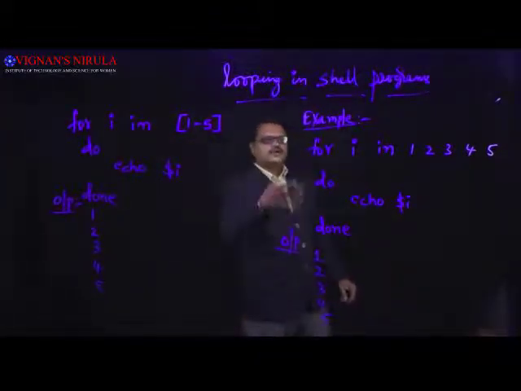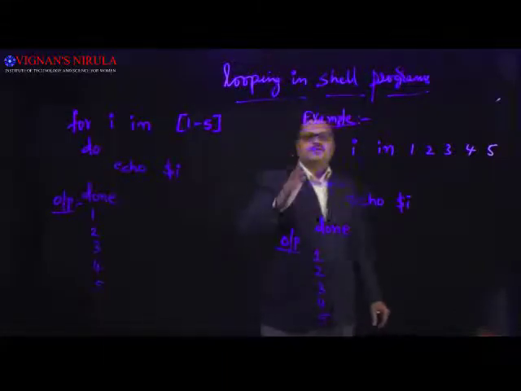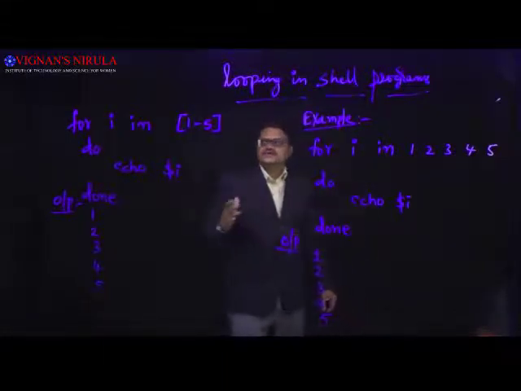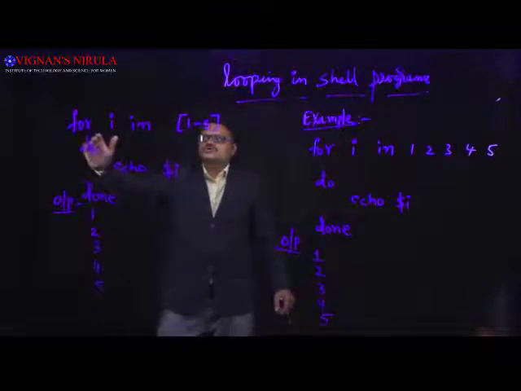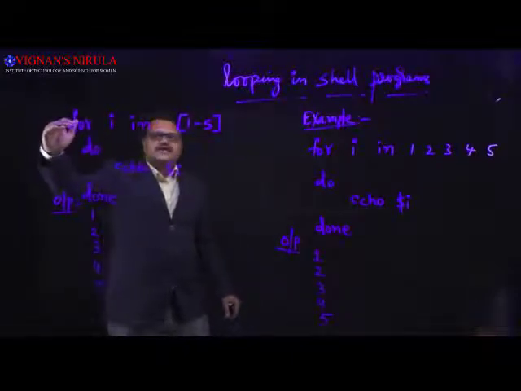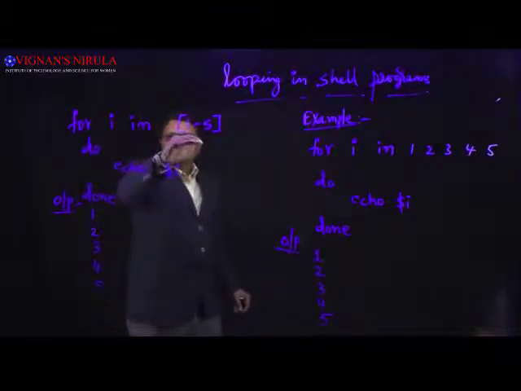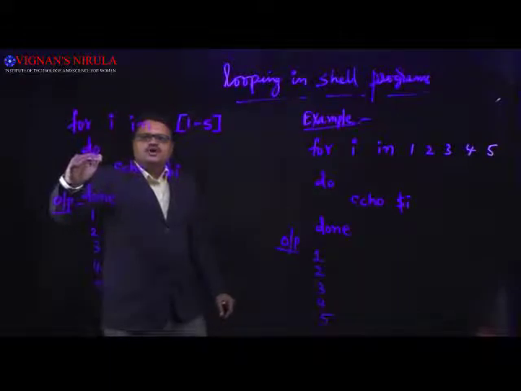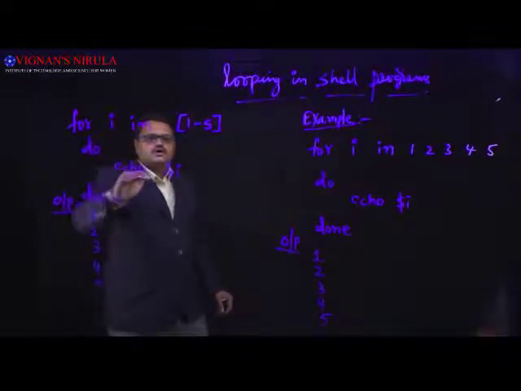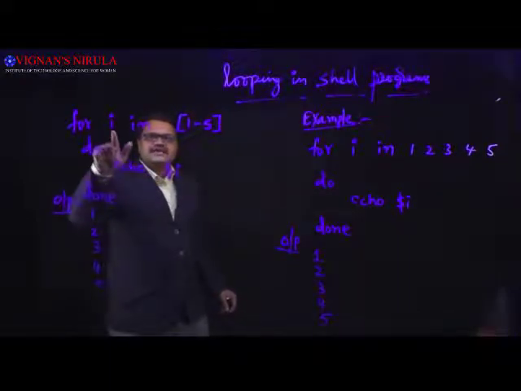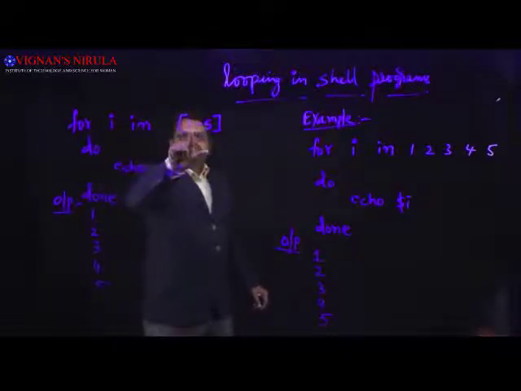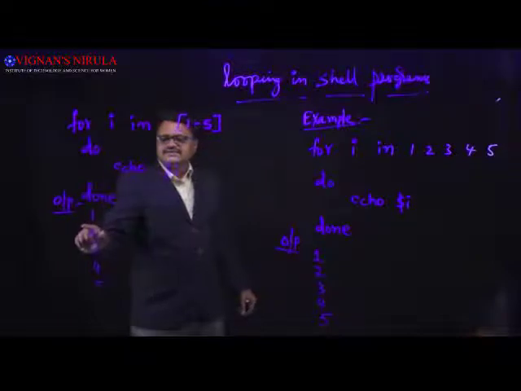Okay. So how do we execute the for loop? I mean, what is the process? Execution of a for loop is: first control goes to the first line and it reads the range of values, and then control goes to the beginning of the for loop. Then the echo $I statement is executed for each I. For example, first the value of I is 1. So echo $I, that means 1 gets displayed.